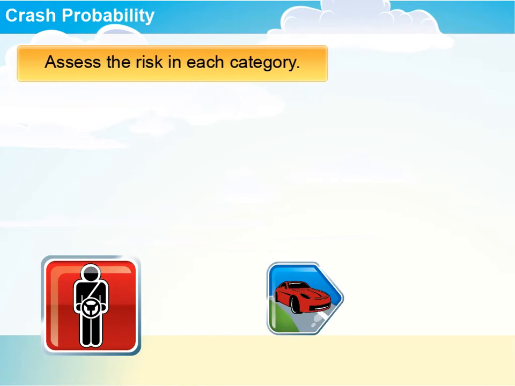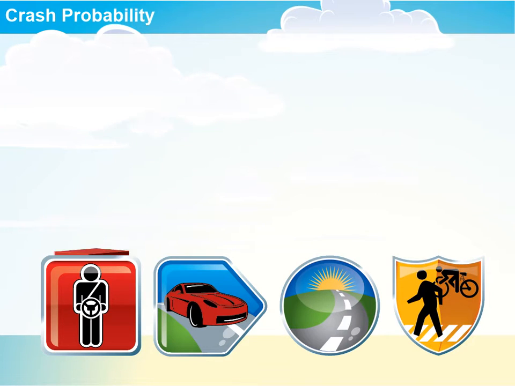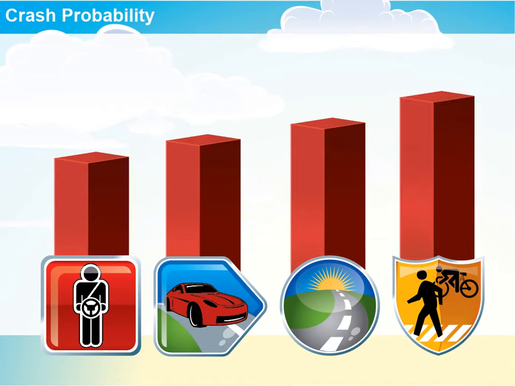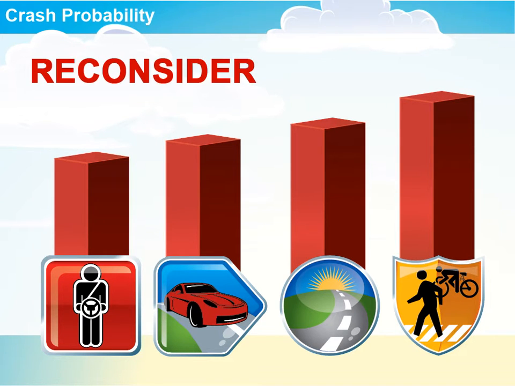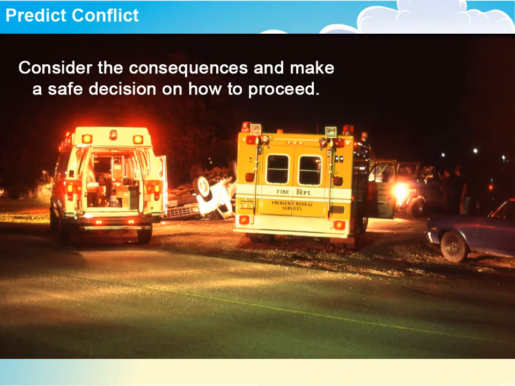Assess the risk in each category. Evaluate your mental list. If your list has multiple factors in multiple categories, your crash probability is at an elevated level. Reconsider getting behind the wheel. While driving, if you encounter an unexpected scenario other than you anticipated, consider the consequences and make a safe decision